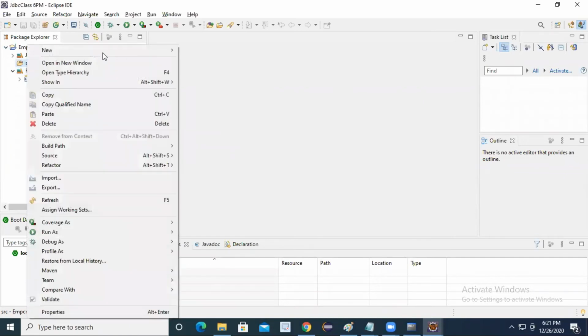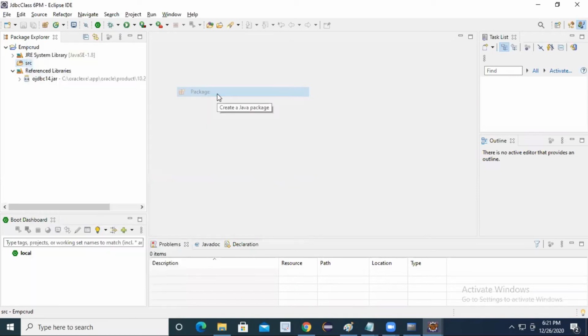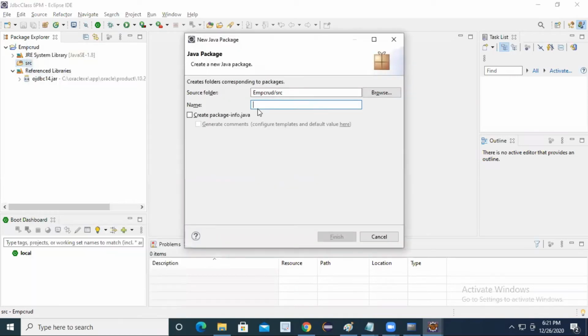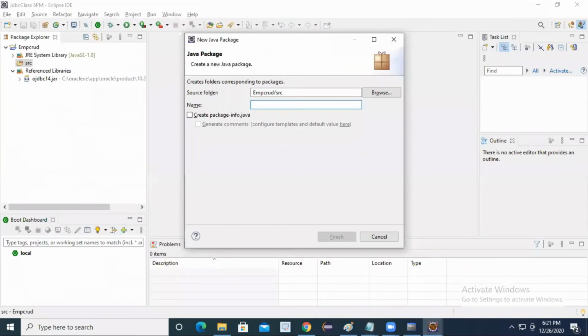Now right click on the SRC folder, new package. Because every time when you create a new project, package name is mandatory.